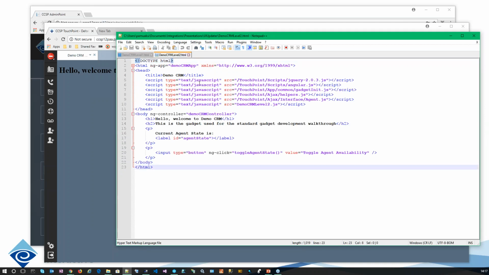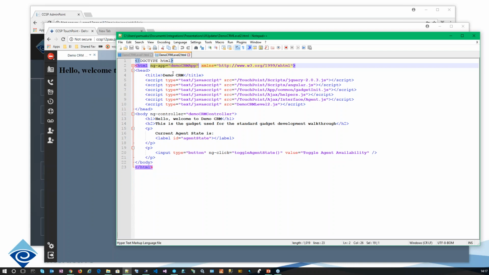we have this file here, and this is where we start to introduce some AngularJS concepts. Now, I'm not going to go into AngularJS because that's a whole different subject. It's relatively simple to pick up, but it does have its own learning curve. But for this webinar, all you need to know is that we've declared an application here that's just specific to